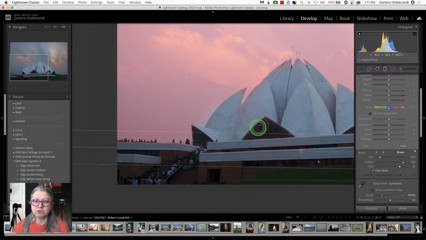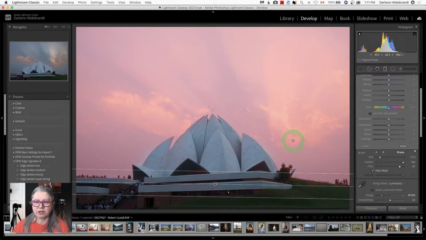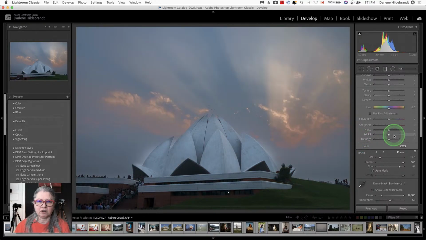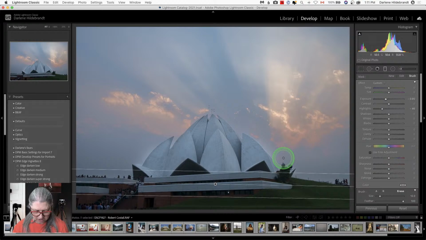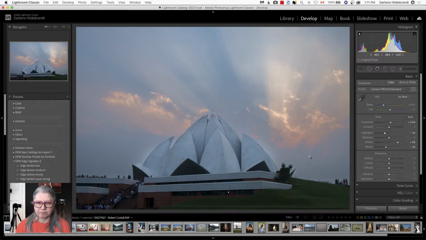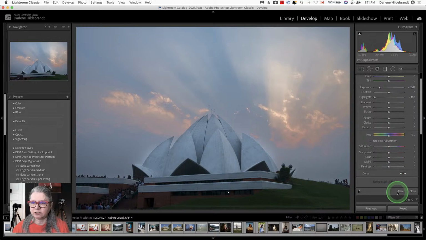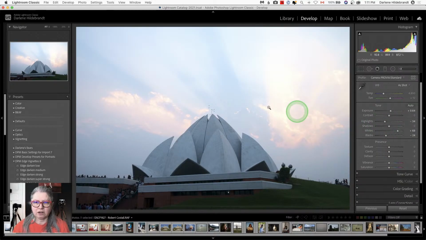So I still have most of my work in Lightroom, but then I pull it to Luminar to do some fine editing. Okay, so let me just turn that off. Yeah, see, I've done a kind of a crappy job of masking, and I would have to do some serious work on masking that to get that to be better, right? So I'm actually just going to undo that radial filter, and I'm going to do the sky a different way,